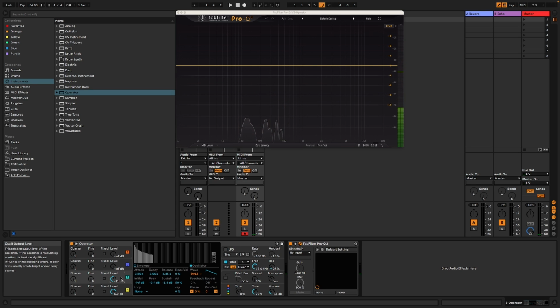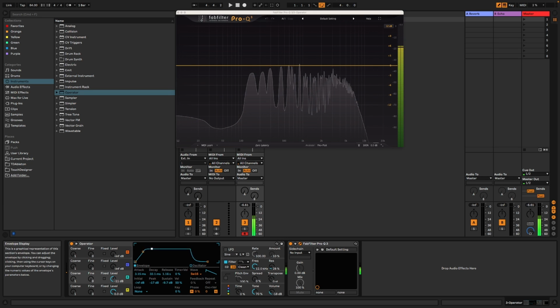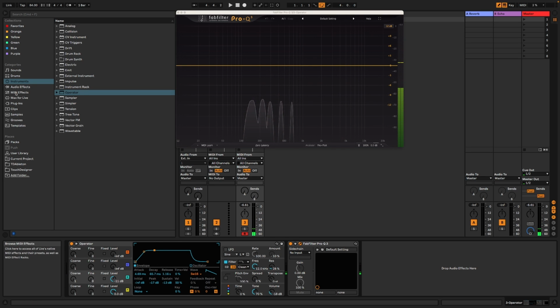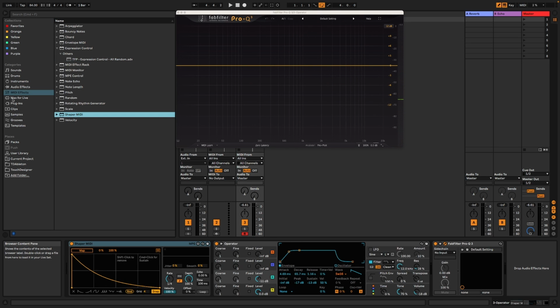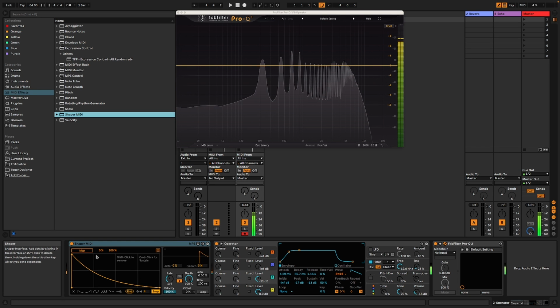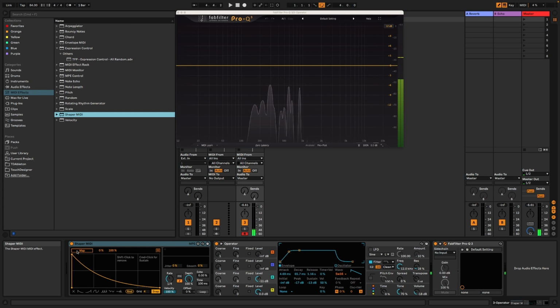The more you start animating, and especially animating the envelopes and doing interesting things with them, you can create quite complex, harmonically complex sounds. You can obviously map these to LFOs and things like that, but one interesting thing is to perhaps use the Shaper MIDI, which comes in under the MIDI effects here, which is a nice little envelope Max for Live device. So if we connect that to,